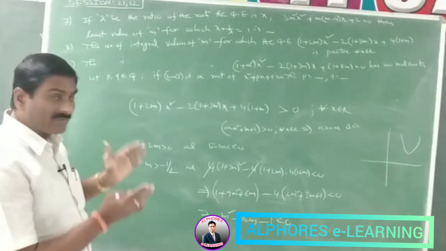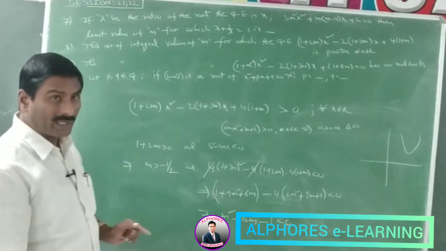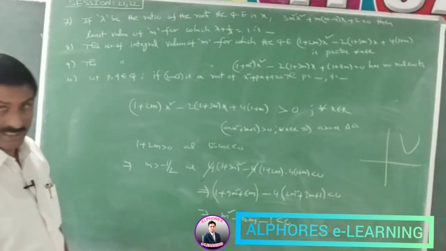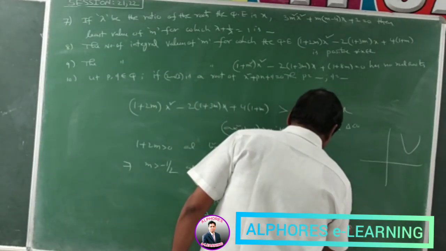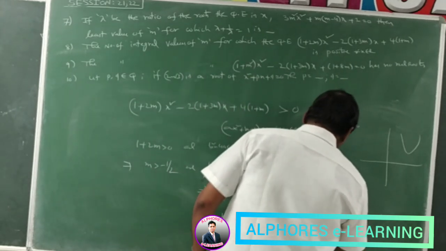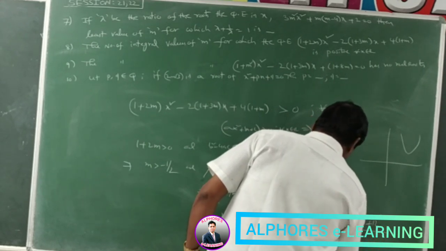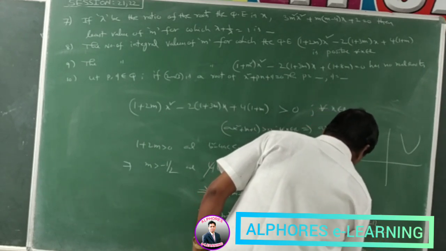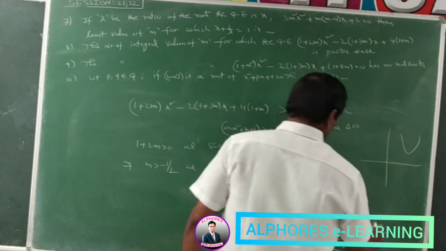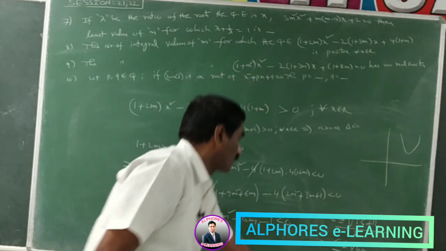So in between the common values, m belongs to a particular interval, find the number of integral values. This is in the form of ax square plus bx plus c. So minus b plus or minus root over b square minus 4ac by 2a. So m is equal to 6 plus or minus root over b square minus 4ac, b square means 36 minus 4ac means 4 into 3, 12, by 2, that is equal to 6 plus or minus root 48 by 2. Root 48 means 4 into 12, that means 3 plus or minus root 12.